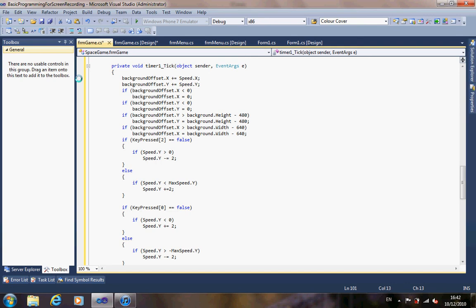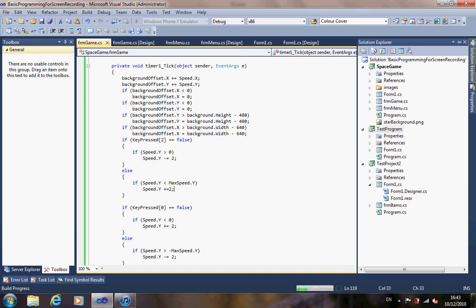Right, the line of code highlighted in red sets our current location x and y in our level map. We check through the next piece of code that we're not going off the edges. If we're not pressing a key, we're going to slow ourselves down. If we are pressing a key, we're going to speed it up in that direction. So if I run the game now,